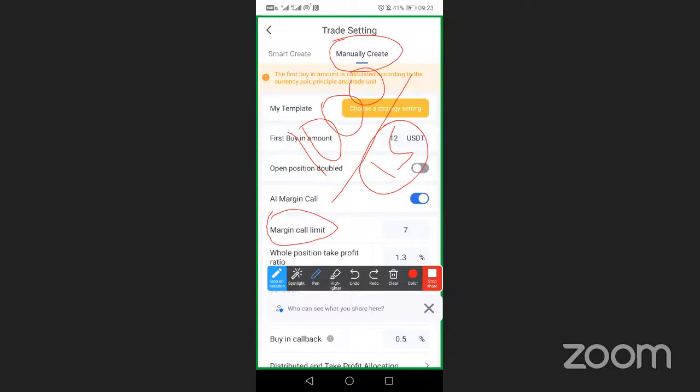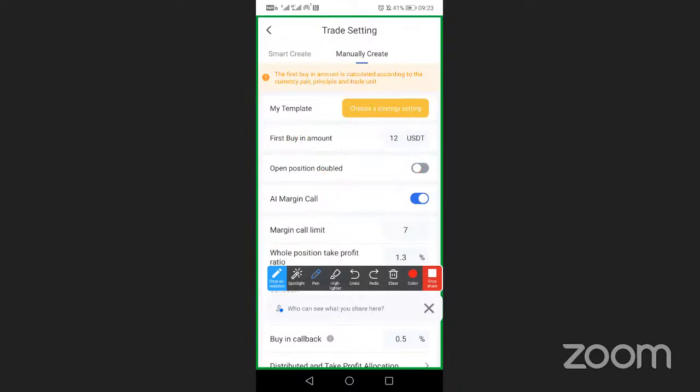So in this super buy poverty strategy, what we are going to do is we divide our $1,000 into two. We are going to divide it by two, meaning to say we are going to have $500. So our first buy-in amount here is going to be $500. Listen to me carefully.